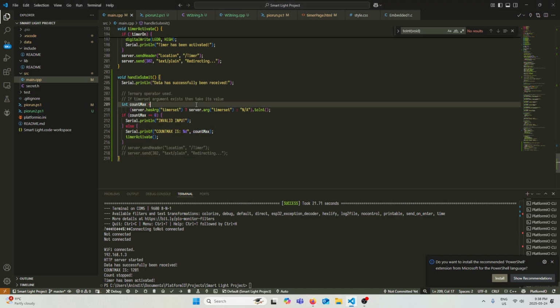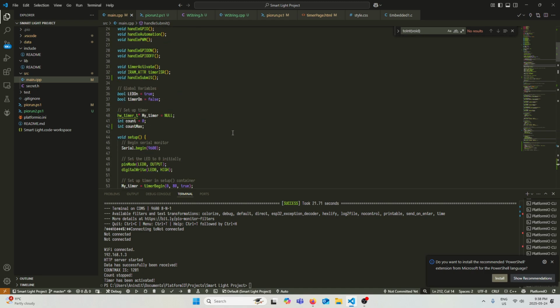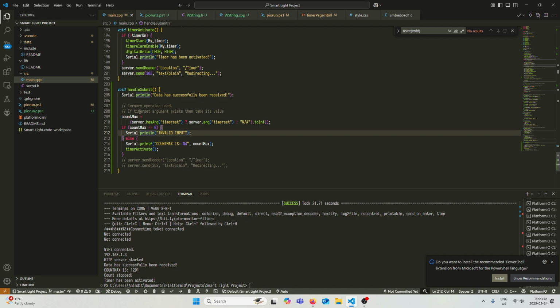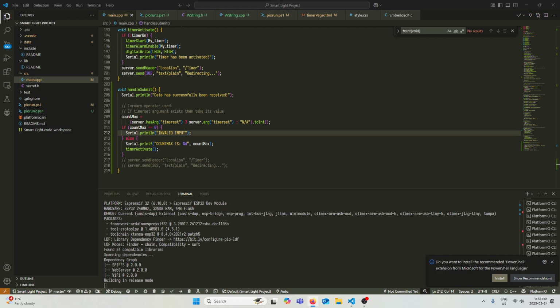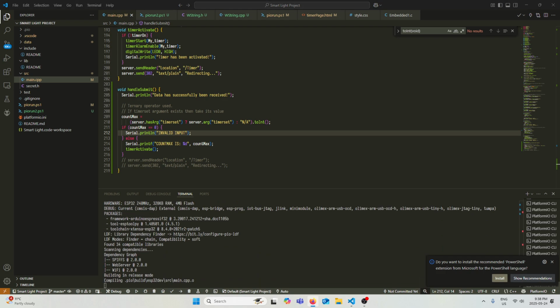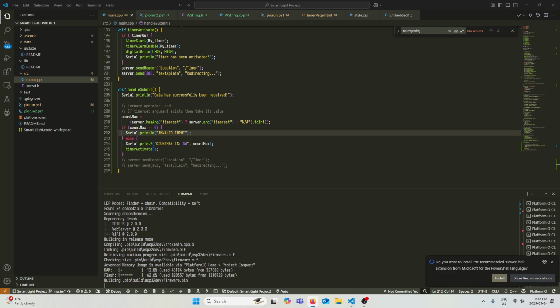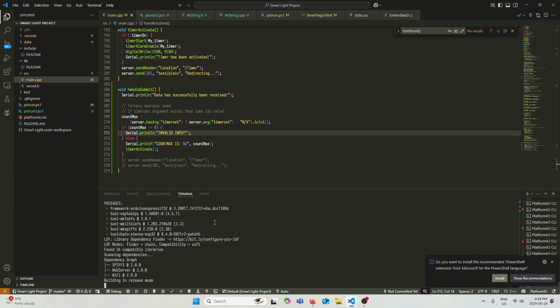Wait a minute. Oh my god. No way. That's the reason why. I was so confused there. This creates a local variable, not a global. We already have a global, but okay. This has to work. Now this has to work. There's no way this doesn't work, right?